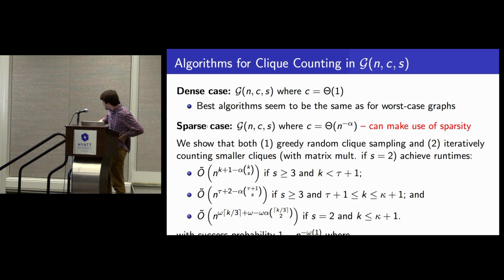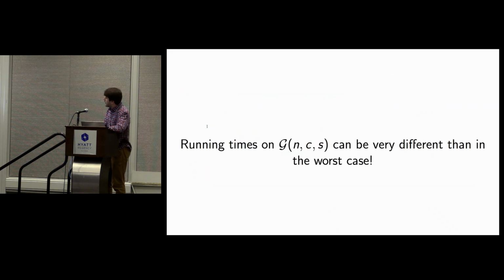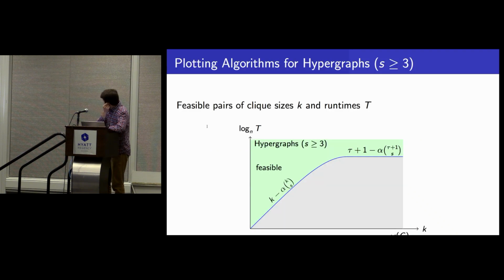In the graph case, so s equals 2, we can speed up this greedy random clique sampling technique with some fast matrix multiplication post-processing. But I'm not going to linger on this slide. Instead, I'm going to show you in pictures what exactly these runtimes are. But the takeaway is that the running times on Erdos-Renyi hypergraphs can be very different than the worst case. So let's look at what happens for